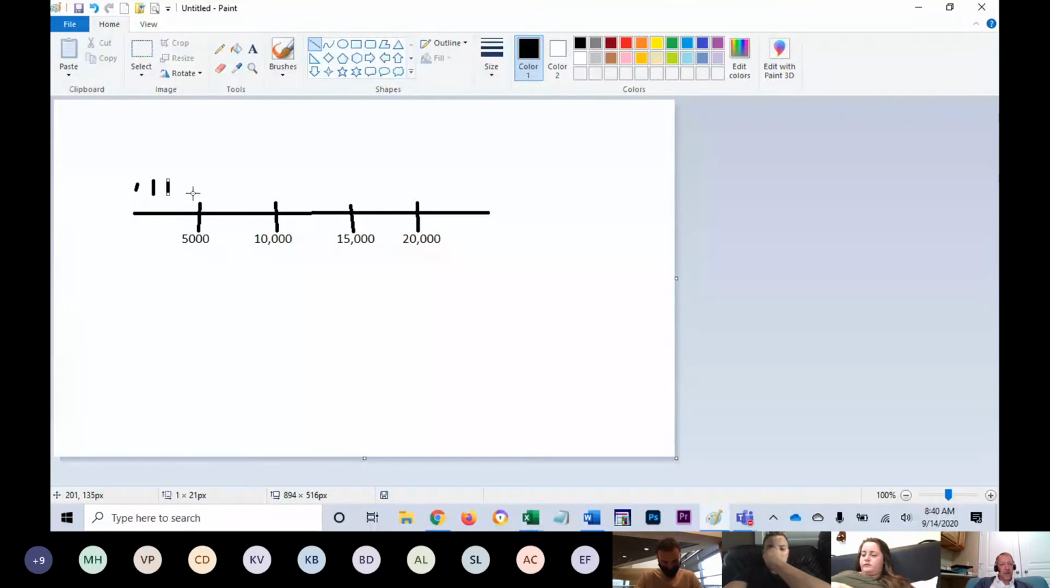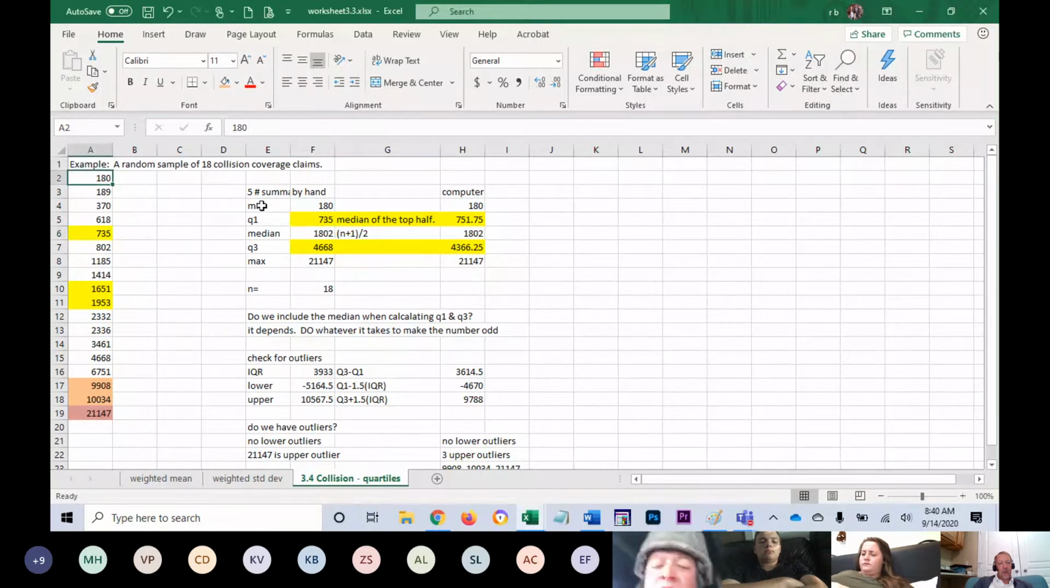4668 is going to be almost to 5,000. Okay. Now, what I'm going to draw, these 3 numbers here, this is Q1, Q2, and Q3. That represents your interquartile range. And then I'm going to draw a whisker here. This is what I would call the box and whisker. So the whisker is going to go to either the minimum or the